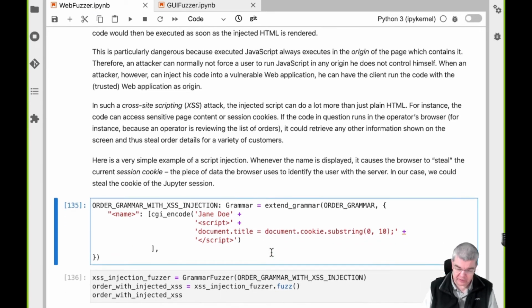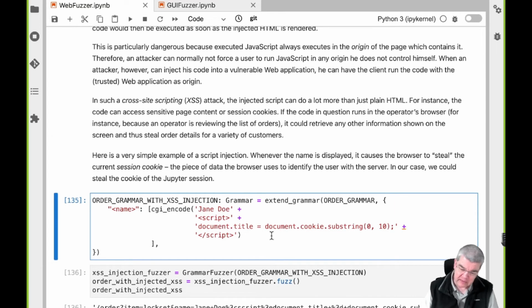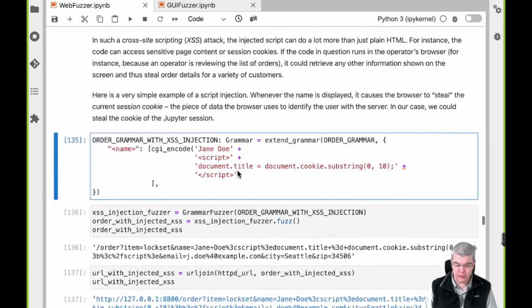What we're doing in here is, I'm not going to show you this right now. What we're doing here is we are extracting a cookie from the document, which happens to be the cookie from our current Jupyter session,